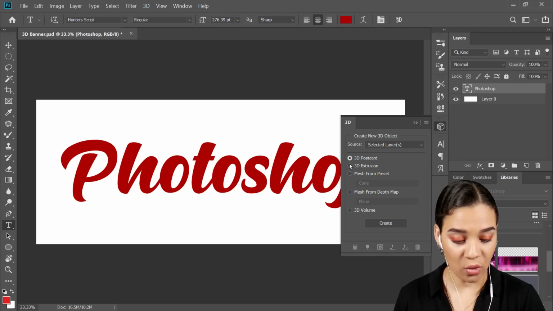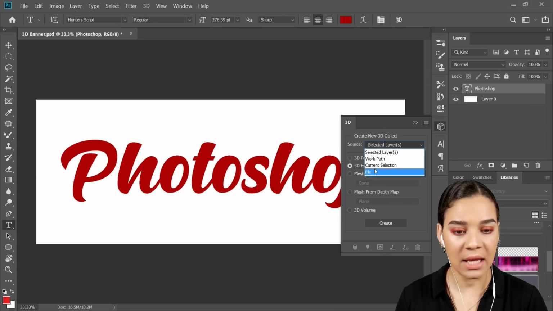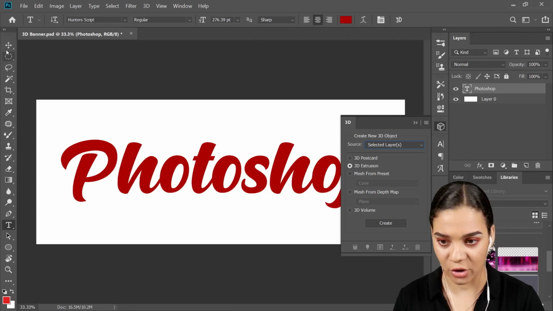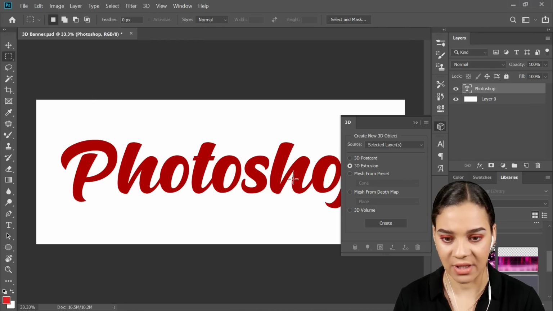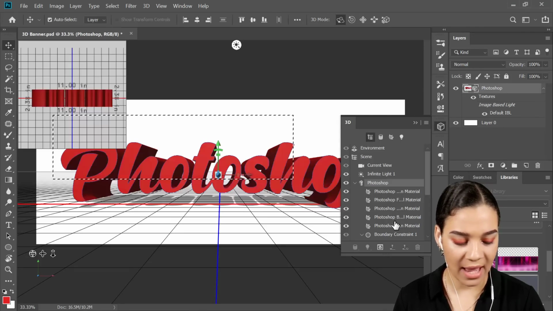Now today we're going to work with the 3D extrusion, and there are a lot of different sources that you can set here. You can set a source from a work path if you've created a path. You can select current selection. So if you make a selection, for example, if I just grab my marquee tool here, maybe a rectangle marquee, and I just select part of this here, and then I say create, it will actually make